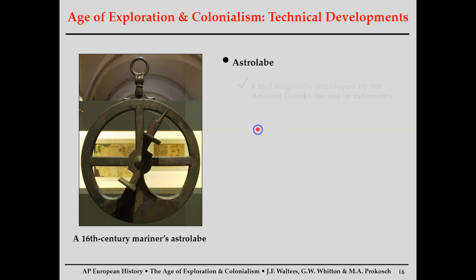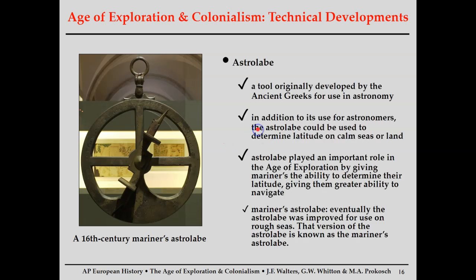All right. So we'll cover some of these technological developments, and then we will end part 1 here. All right. So number 1, the astrolabe. So basically, the astrolabe allows navigators to figure out their relation to the stars, and therefore it kind of gives them an idea of where they are latitude-wise on the Earth. So when they're in the open ocean and have absolutely no landmarks, and at night they can look at the stars, that gives them an idea of where they are in the ocean, and that's really important for not getting lost, so nice job, astrolabe.